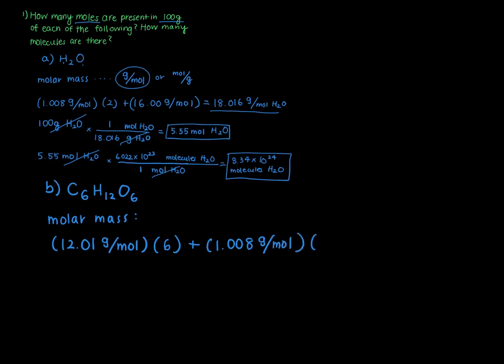And then we have 12 of those. And then lastly, we have oxygen, which is 16.00 grams per mole. And then we have 6 of those. And then when you do your math, we get 180.156 grams per mole of